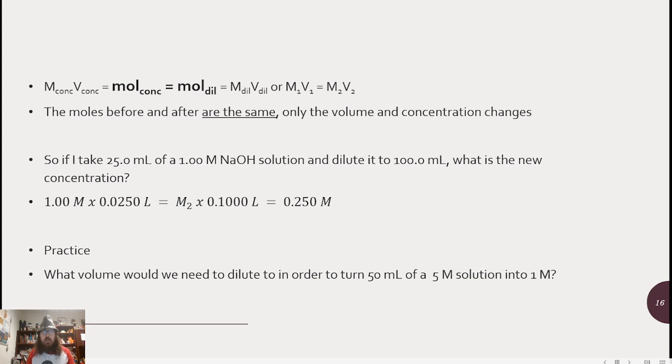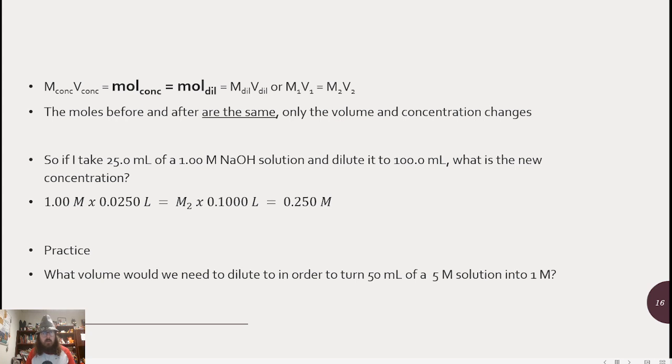So hypothetically, if I have 25 milliliters of a 1 molar sodium hydroxide solution, and I were to add enough water, it would be 75 mils of water in this case, to make it 100 mils. Please note, I do not need to factor in the 75, I just need to factor in what is my new volume. So 1 molar times 0.025 liters equals the molarity of situation 2 times